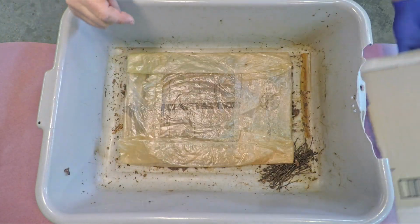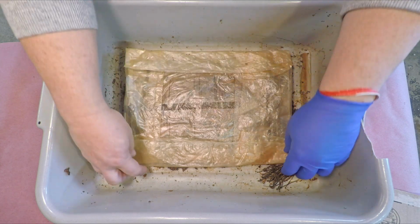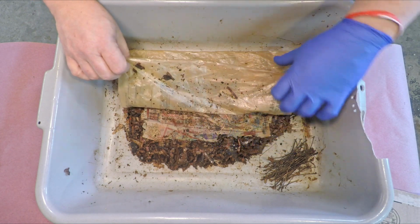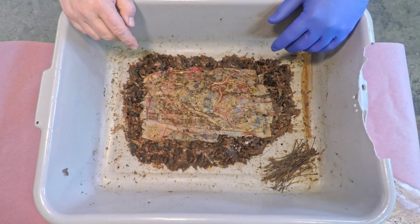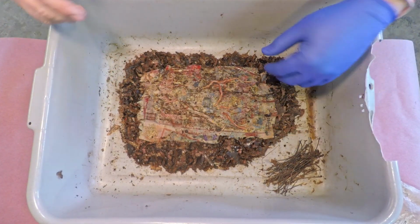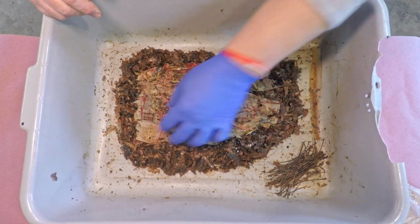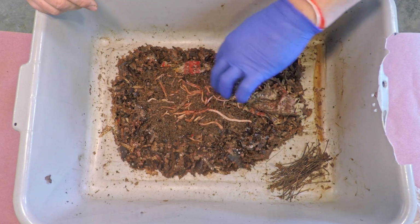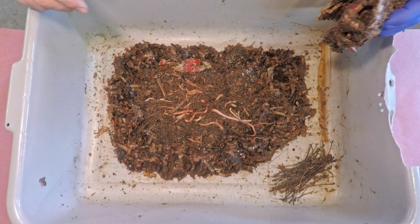I was also super generous with moisture in here. But even during the last check-in, you might have heard it in my voice. I just really haven't been spotting cocoons, or worms actively mating, or worms that would indicate they're preparing to drop off a cocoon, or that they've been fertilized, I don't know if pregnant is the right word. Since I've just not been seeing any of those visual indicators that would right away tell me the mating is happening as hoped, I've just been a little bit kind of,